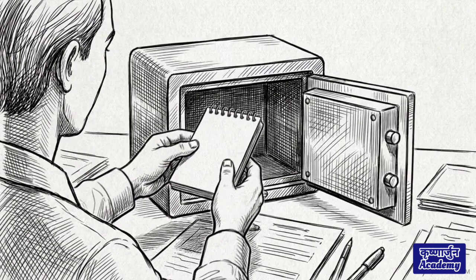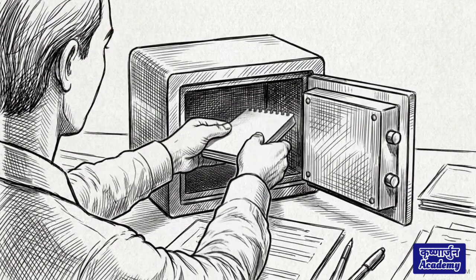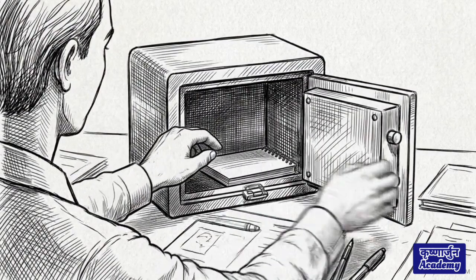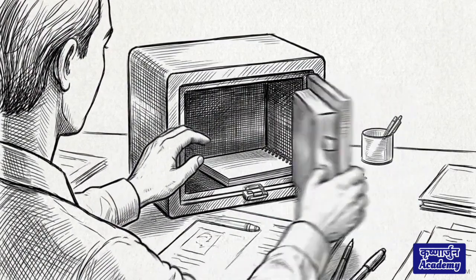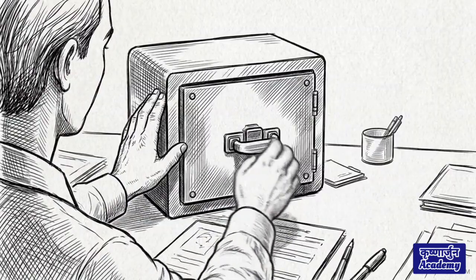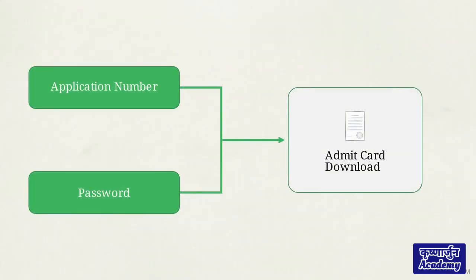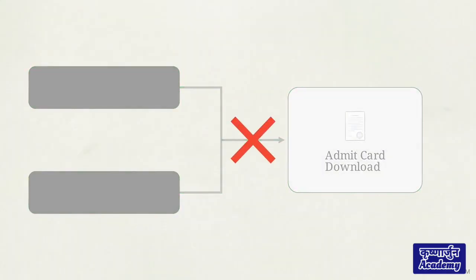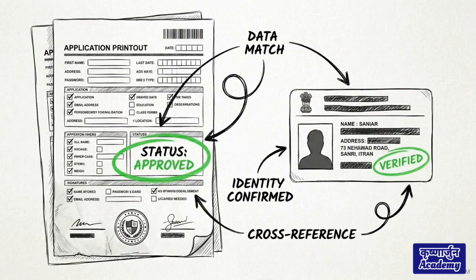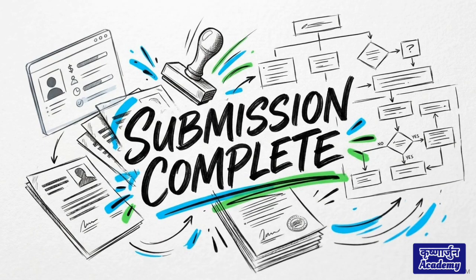Download the final application form PDF immediately. Write down your application number and your specific password and store them securely. Losing these specific credentials prevents you from downloading your admit card when the exam date approaches. Systematically resolving these data mismatches and certificate rules eliminates the common causes of application failure. You have secured a verified entry for the June